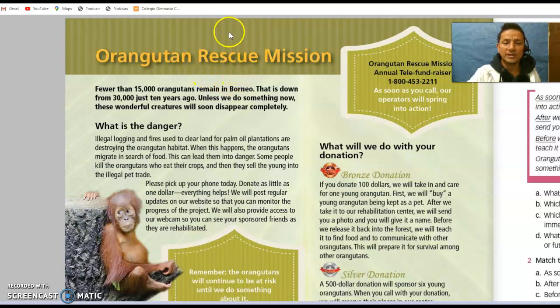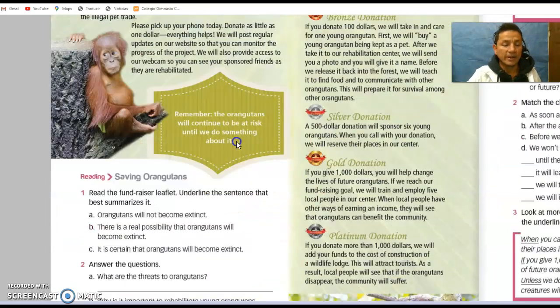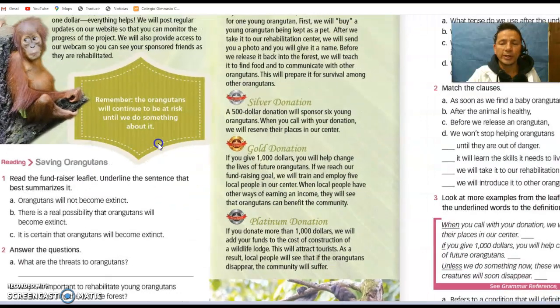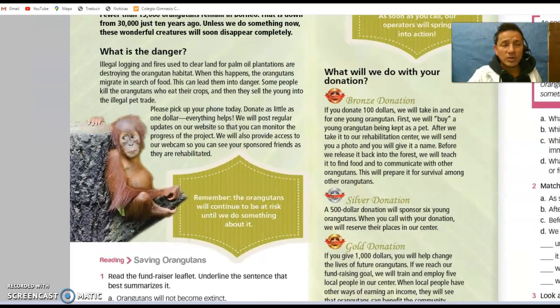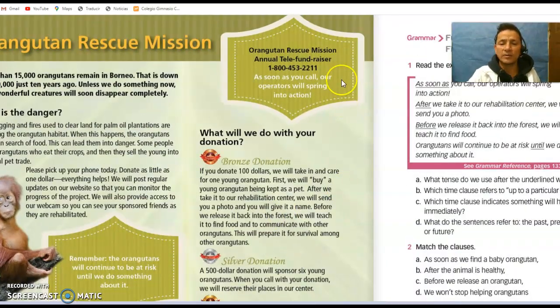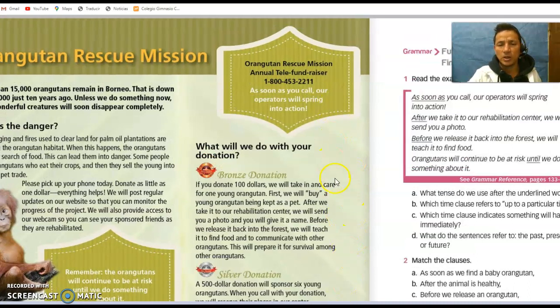You're going to make a circle. For example, I don't know what the word rescue means, so I circle it. And viewer, circle remain. I don't know what remain means. So circle the words that you don't understand, unless it's very necessary. It's very important to discover how many words you don't understand in the reading, because you can learn just by looking at the words that you don't understand. My suggestion is you can write a list of the words that you don't know